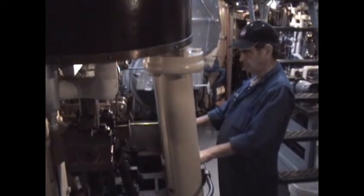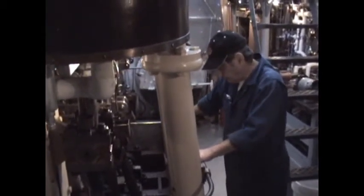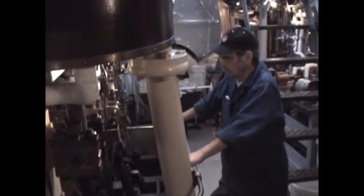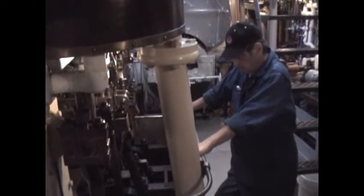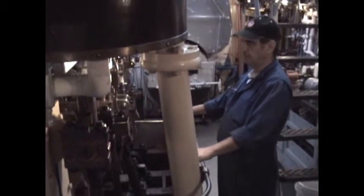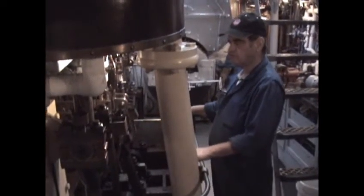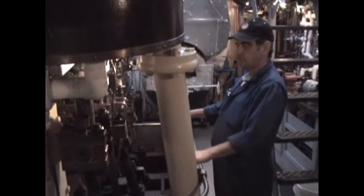How many miles has this engine steamed? When the ship was in service, it's calculated that she's done well over 1 million miles. How many it's done since then, I don't know. She was retired from service in 1959, and from 1962 onwards, various organisations have spent their time restoring the vessel,